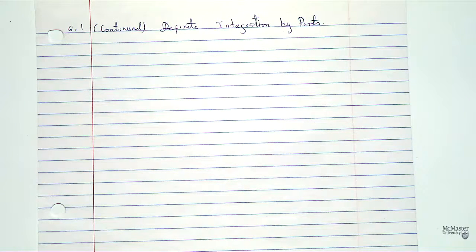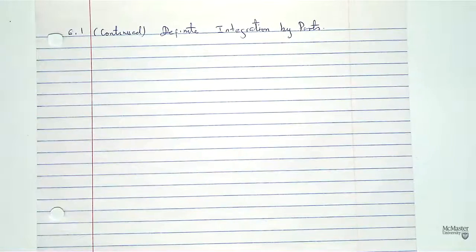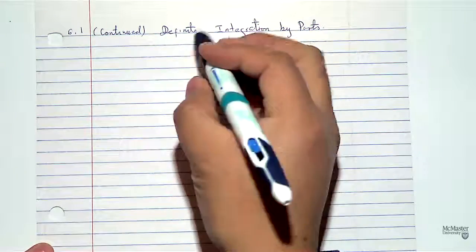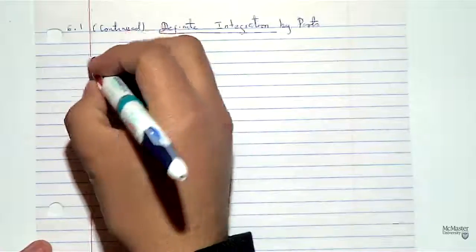Okay, so we'll continue section 6.1. Yesterday we studied the technique of integration by parts for indefinite integrals, and today we will continue with definite integration. So, as you can see, the continuation, definite integration by parts, it just means that you have an integral of